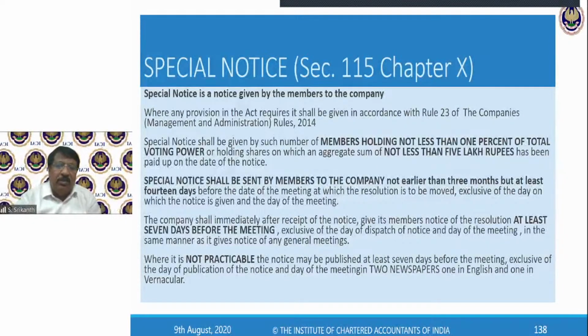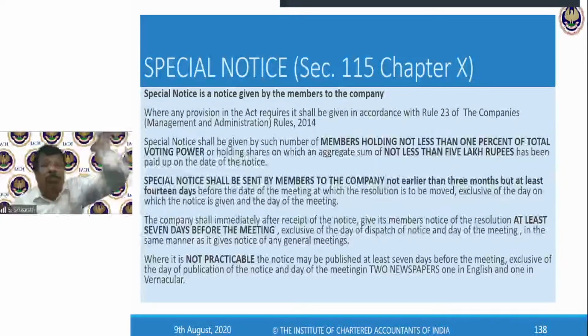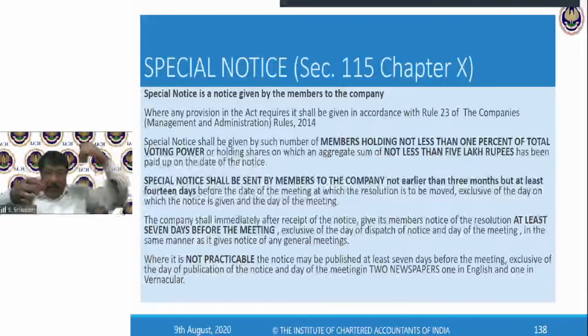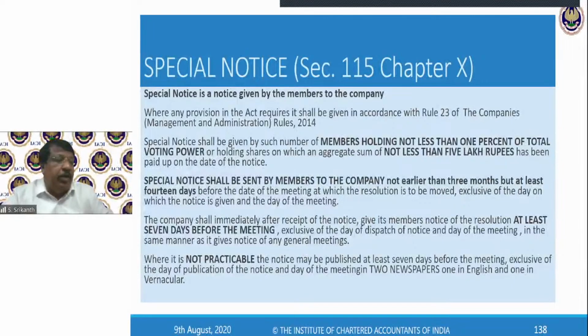So special notice is given 14 days. Then 7 days, exclusive of the date of meeting and date of resolution. Okay, this is called clear days. So 21 clear days notice, 14 clear days special notice, 7 clear days the company should circulate it to all the members. If it's not practicable,